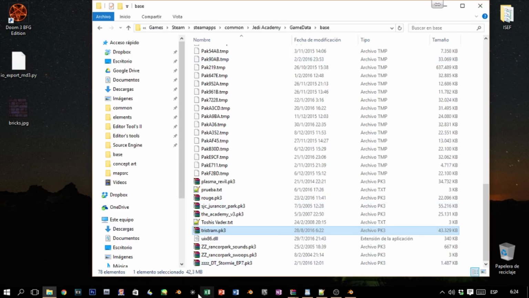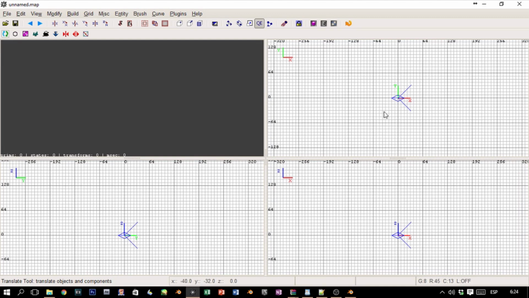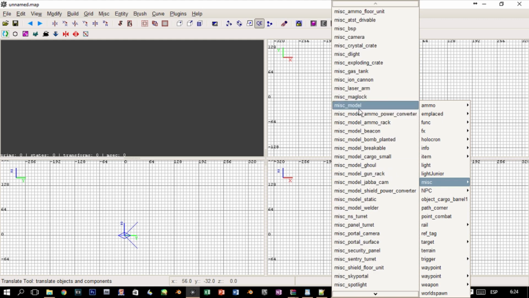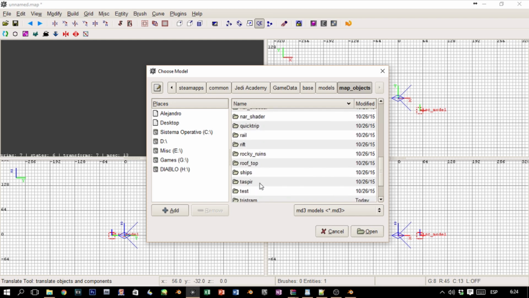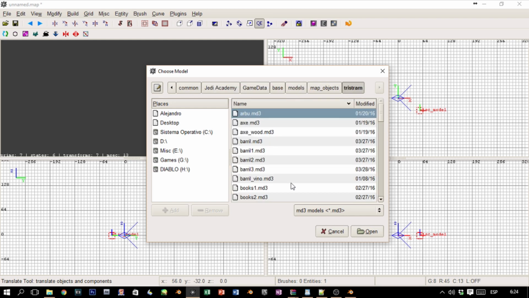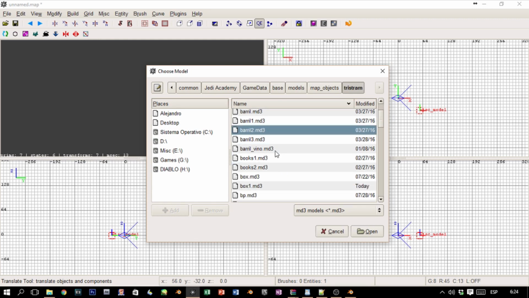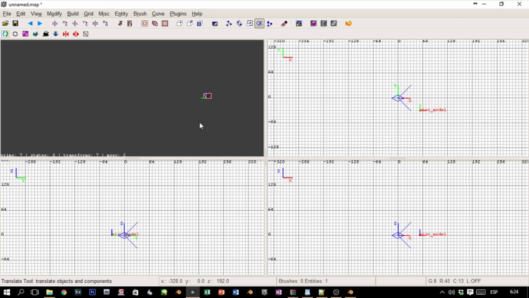Now let's check it. Let's see if we can see it on Radiant. Right click, misc, models, model, and we're gonna search it, map objects. We're gonna search here from Tristram, and it was called bricks, something like that, right? So we search for brick 2, open, and there's our model, our horrible square model. It's super duper small,